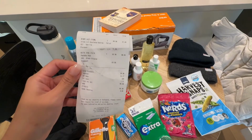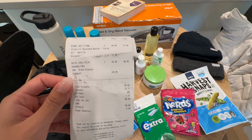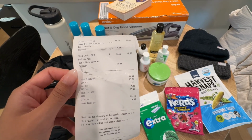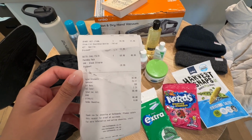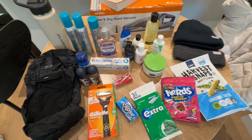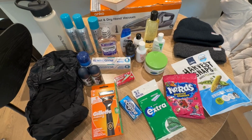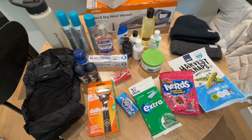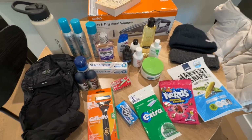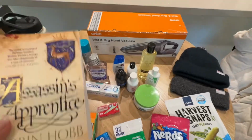So from the store, the bottle was $32, and then the bag was $49. The total comes out to around $80, and that is about $50 USD. And then at the same shopping center, I had some food to eat, and that was around $21. I just had mapo tofu, and then I made my way over to a bookstore, and this was,